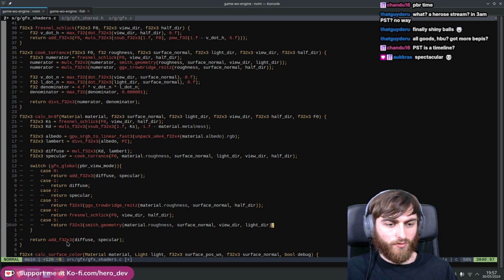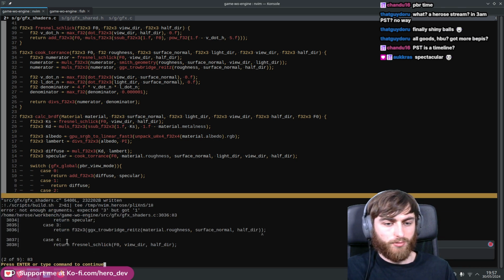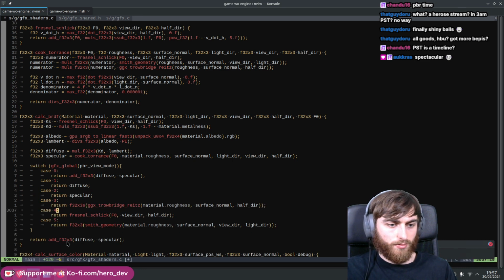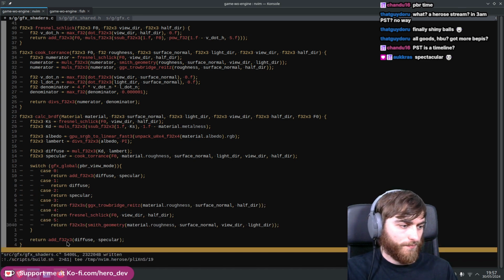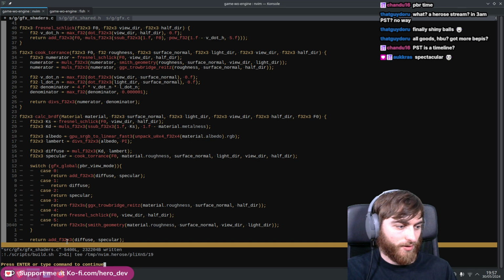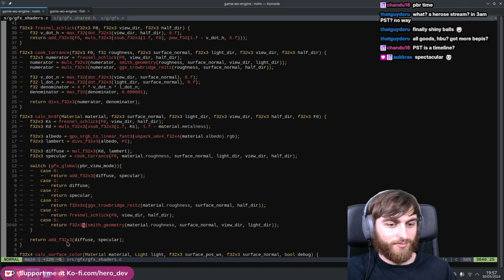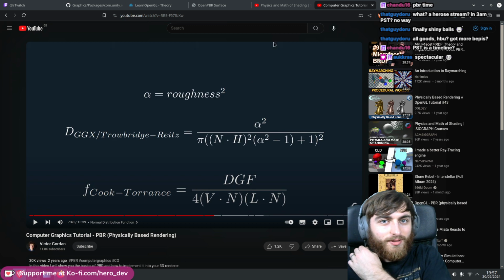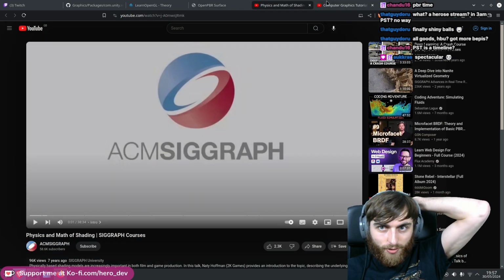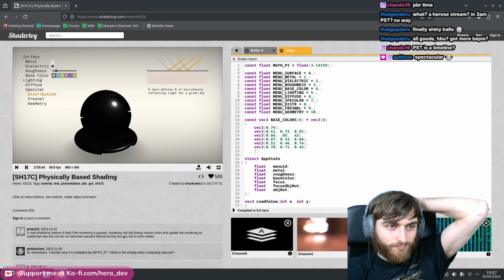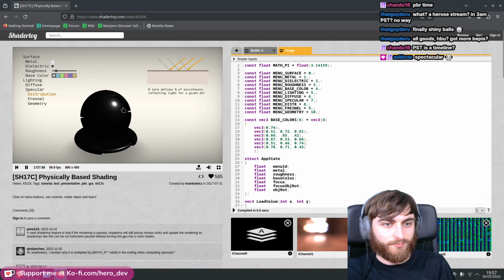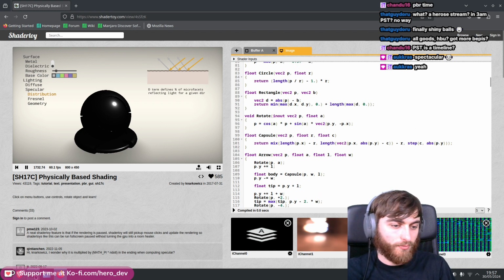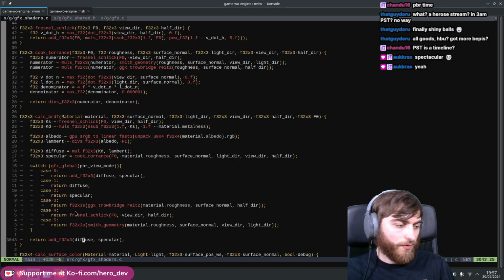Fresnel's a float 3, Smith geometry is a float as well. Whoops. Specular. Specular. Yeah, very easy to say that, isn't it? All these correct terminologies. Yeah, we're going to try and get some of that maybe. We'll have to play around with different ones. Maybe we should focus on doing a cube